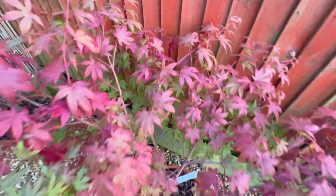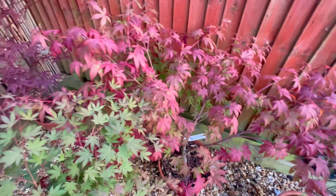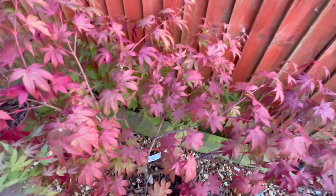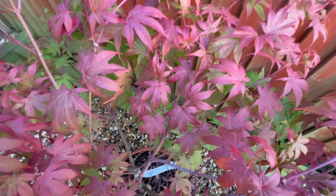And this particular one is a bit unusual. It's sort of spreading low and sideways, but I like that. It looks pretty cool to me. But just to show you again, if you look at the growth pattern at this time of year, the older